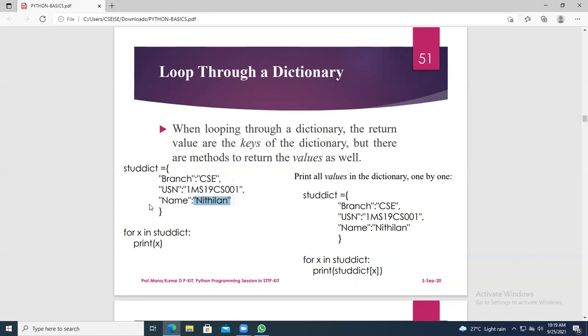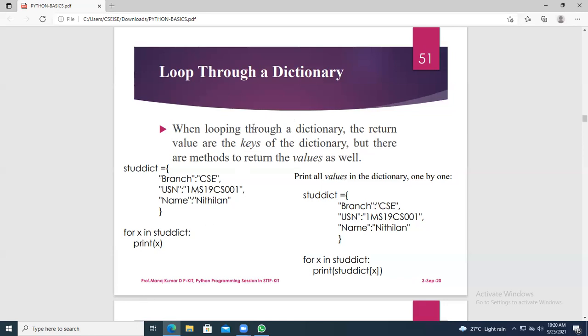But in a dictionary, you have keys as one part and values as another part. So when you give for X in static, print X, what will it print? Whether it will print the key or the value. Yes. Key.